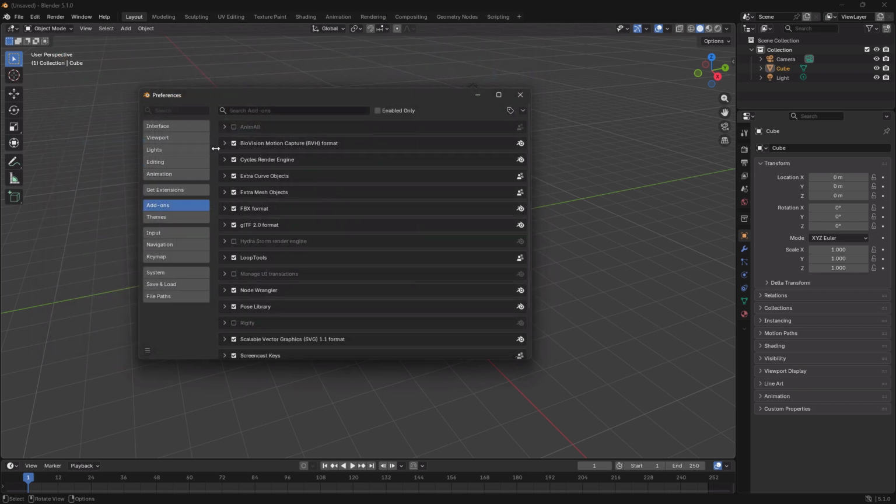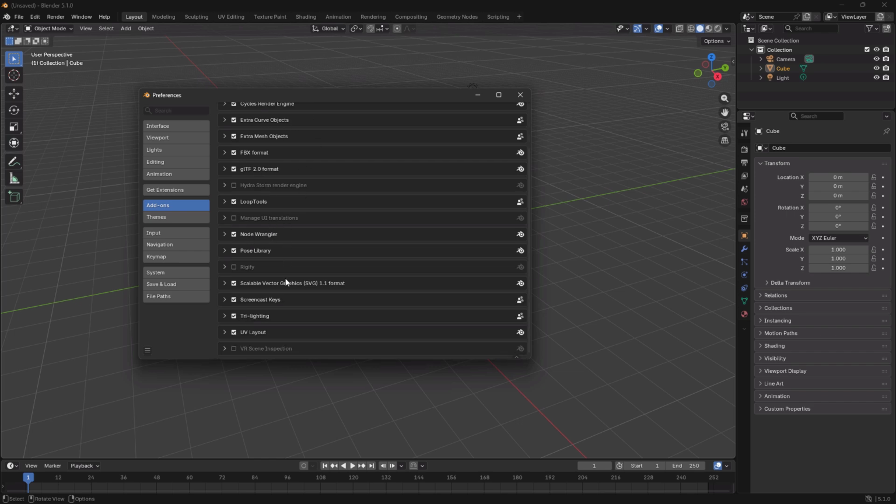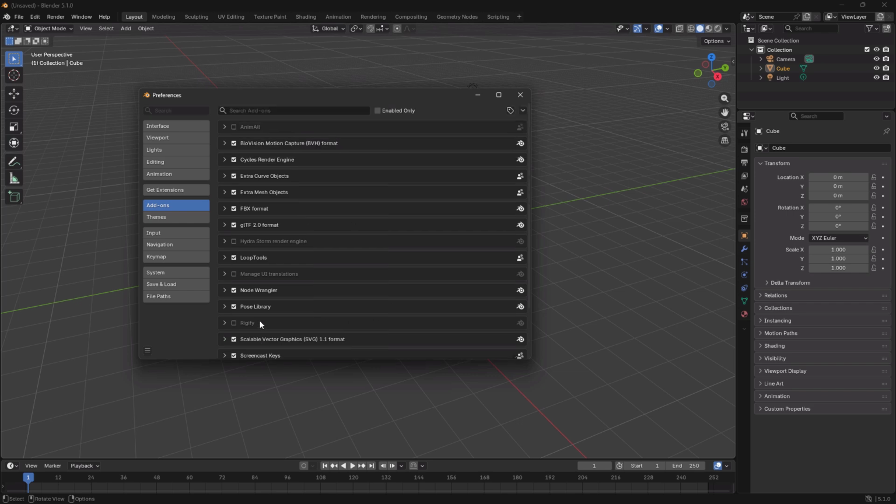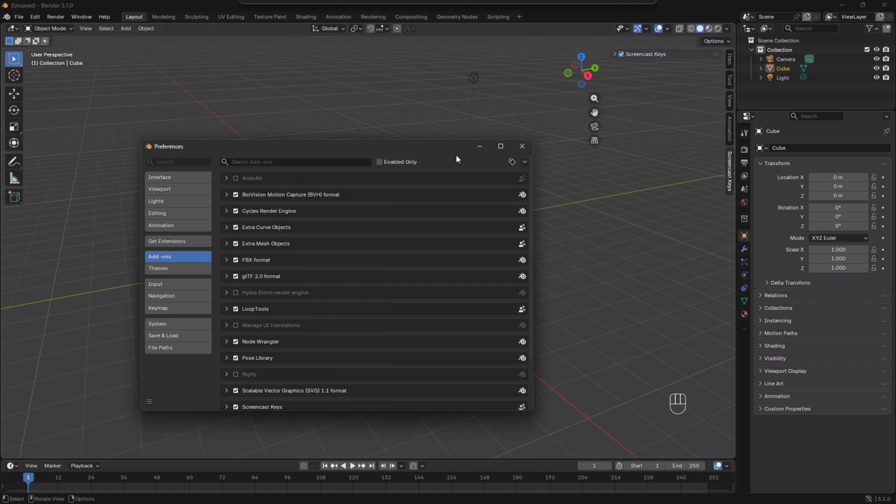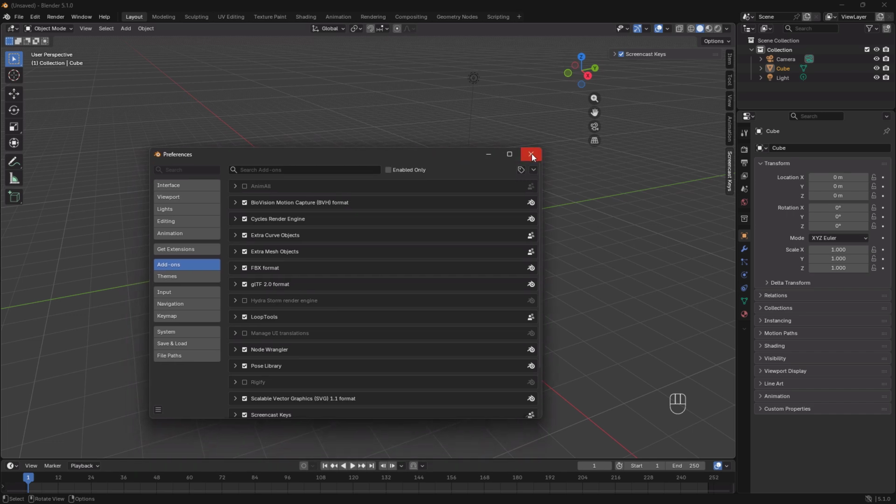Okay, so you can choose whichever ones you want, but mostly for this particular course, we're going to use the Loop Tools, the Node Wrangler, but the Node Wrangler is there by default, and I think that's it. And Try Lighting, sorry. Yeah, so those three. So that's what we're going to use. You can get rid of the preferences window,